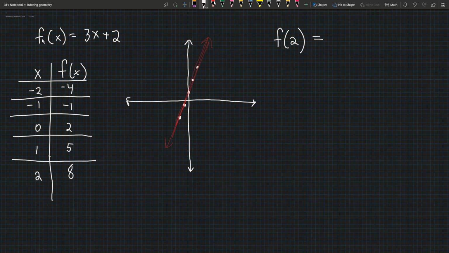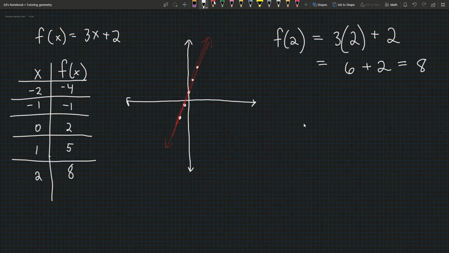When we're given a function f of x, that's how we say this, and then it tells us to evaluate, well, what is f of 2? That means that everywhere I see an x in this function, I'm going to stick in 2 as my input. So everywhere I see an x, I'm going to replace it with a 2, and then I'm going to have to do this math. And I use order of operations, so 3 times 2 is 6, plus 2 is equal